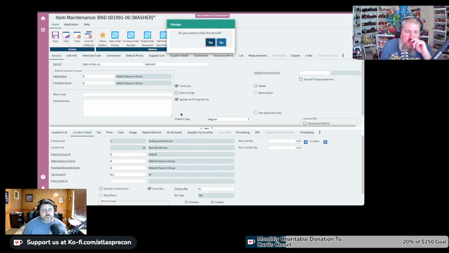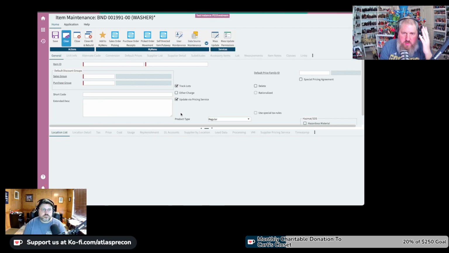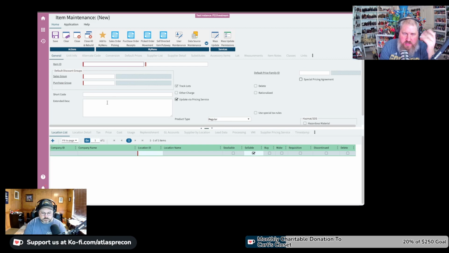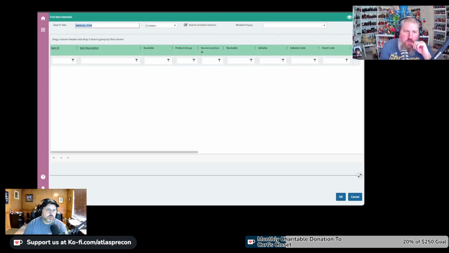Yeah, let's go through the most manual process of creating an item, which is item maintenance. To me it gives you the most control over creating your item, whether it's setting certain fields required or putting business rules in place. Creating them in the front end allows so much more herding of people, but it is also